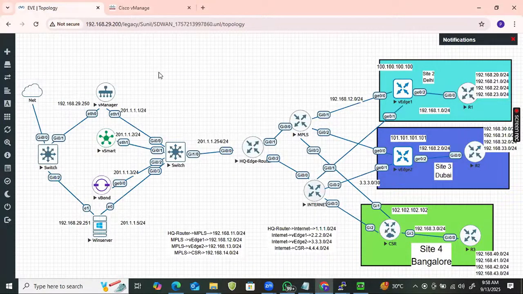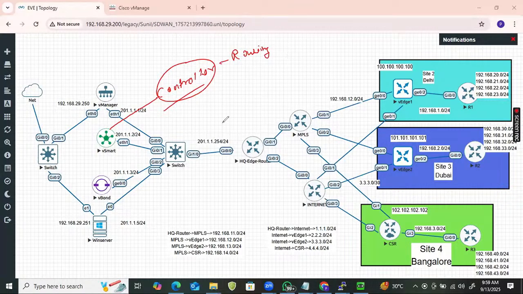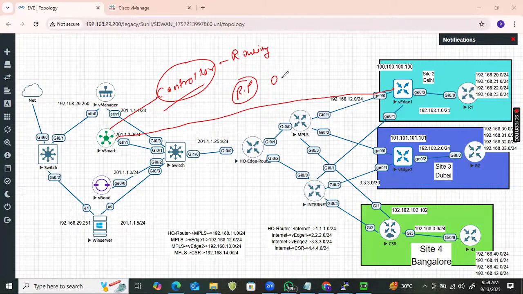As I told you, what is the vSmart, guys? What is the vSmart? vSmart is a controller, right? It manages the control plane, so it is a controller. So it manages the routing part basically. Okay. So between the vSmart and vEdge, which routing protocol works? OMP, Overlay Management Protocol. So what it will do,